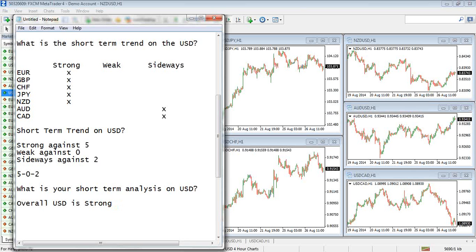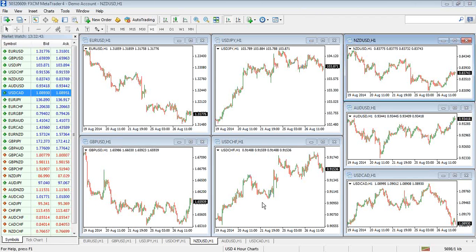We can start looking at the longer-term trends. We can start looking at the medium-term trends. We can start looking at PitView and look at the really short-term trends in the market to see what's driving market maker strength and weakness right now. But it's so important to be able to do this because if you looked at the dollar right now, you'd probably be saying, okay,